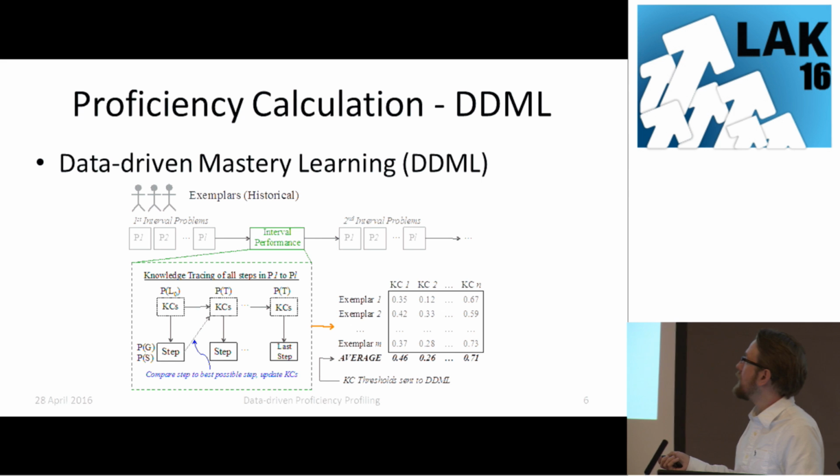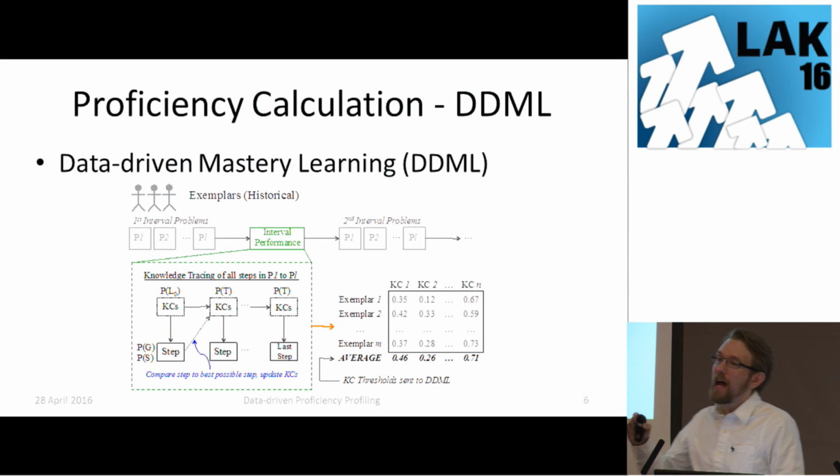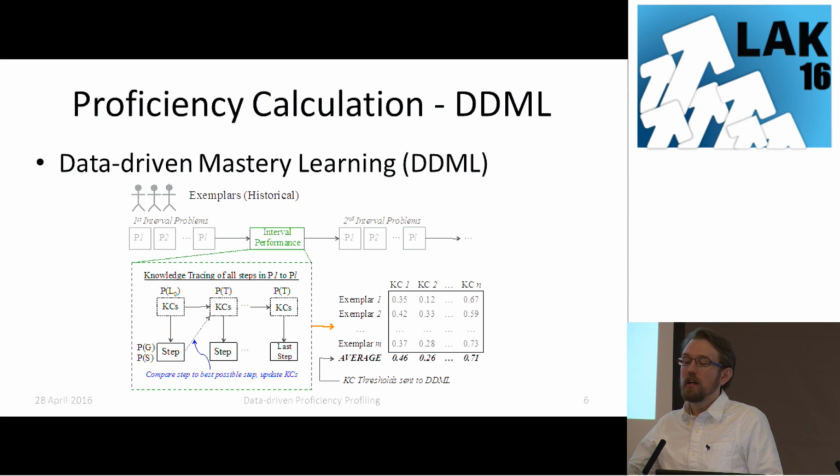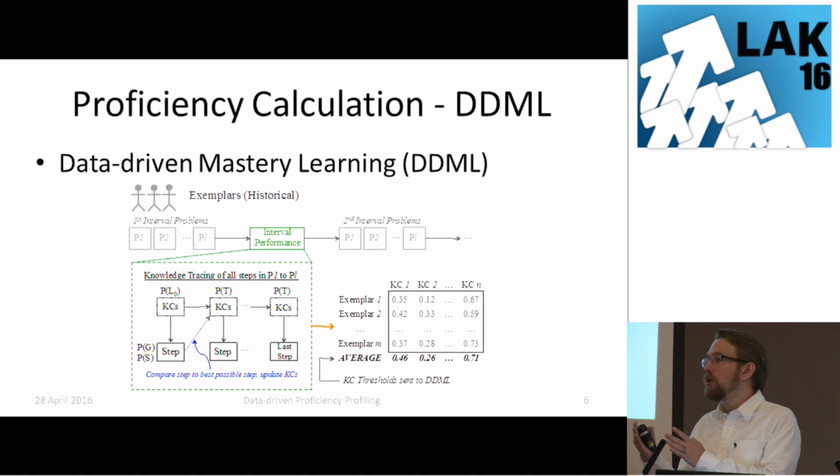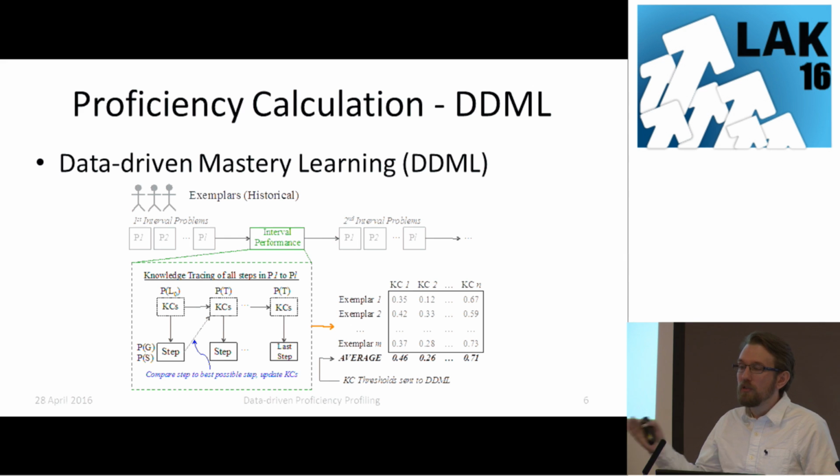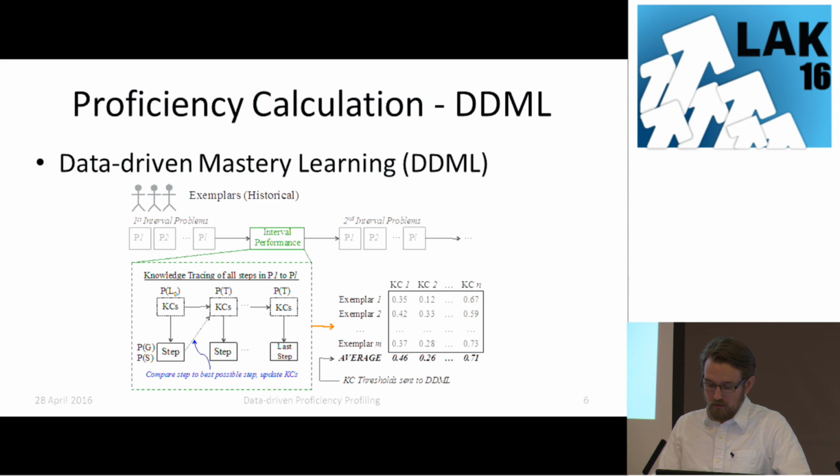Then we take the average of the KC level for the students at these timestamps. So maybe someone has 0.46 on KC1 in level 1, and they have a 0.26 for KC2 at level 1. And so we've got that average, and then we place students based on how they fare relative to that average. So when we collect a new student, we say, okay, if your scores are above average, then you go on one track. If they're below average, then you go on another track. Although it might not be exactly above or below average, it's using those numbers to decide.